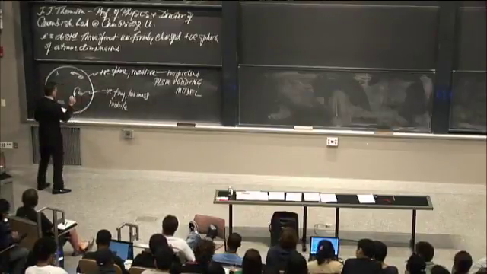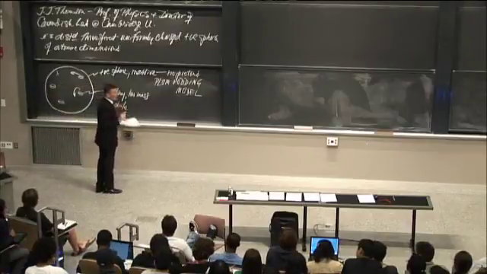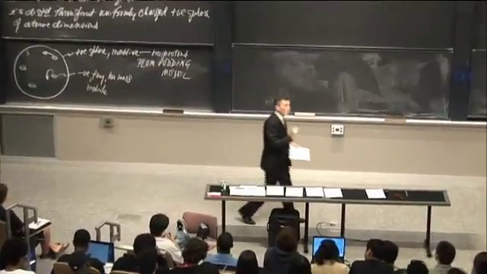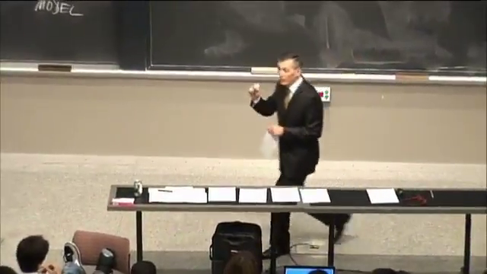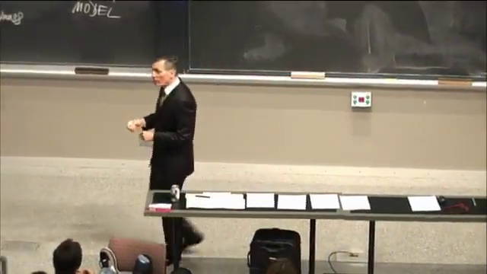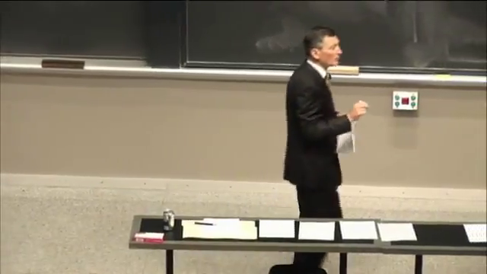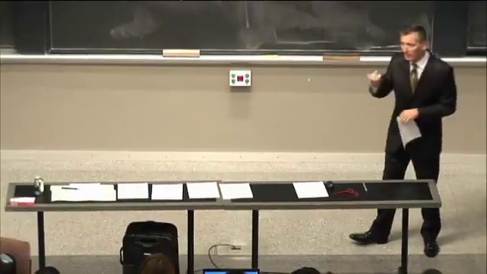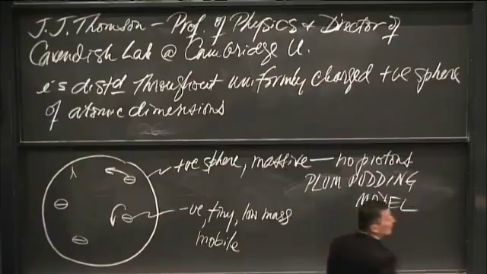By the way, we've been using the term electron, but J.J. did not like the term electron. Actually, he won his Nobel Prize for the quote-unquote discovery of the electron. Well, just as Cavendish didn't discover hydrogen, he characterized it, J.J. Thomson characterized the electron. In particular, he characterized the charge-to-mass ratio. He made the first quantitative measure of the charge-to-mass ratio of the electron, but he never used the term electron.